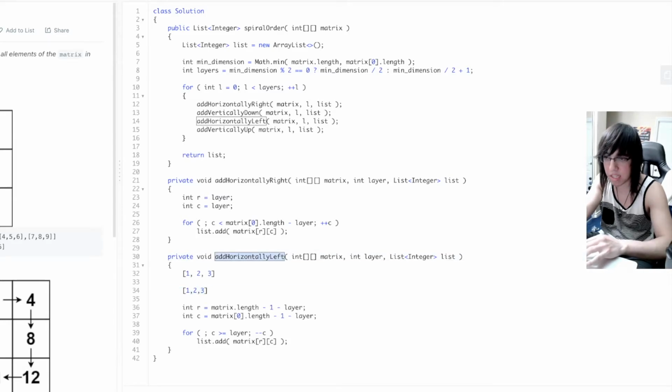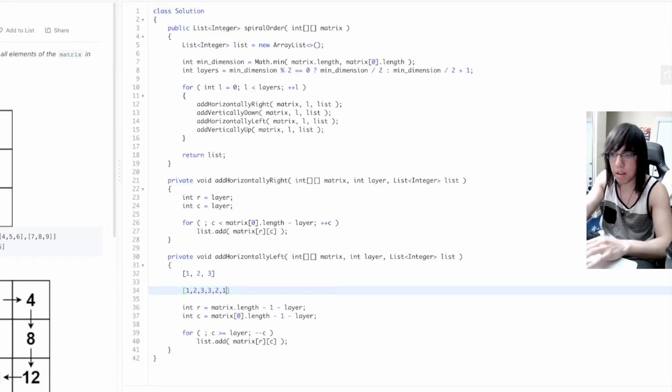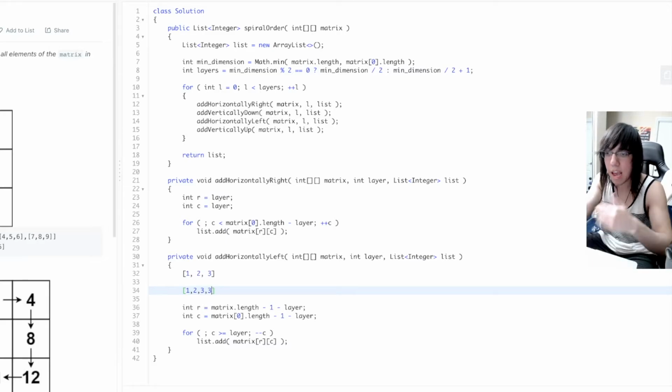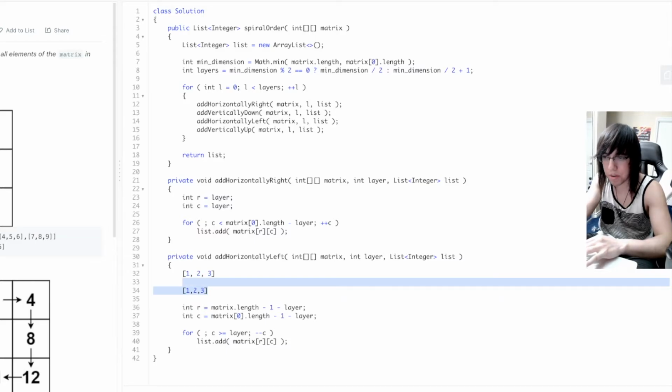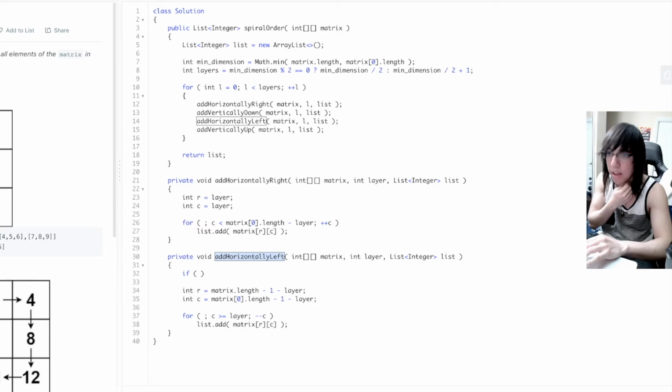But if we just leave this the way it is, add horizontally left will also add these three elements, starting from the right to the left. So this only happens when there's an odd number of rows. So what we want to do is just check. We just don't want these to compete. And by the way, the reason this happens for an odd number of rows is because